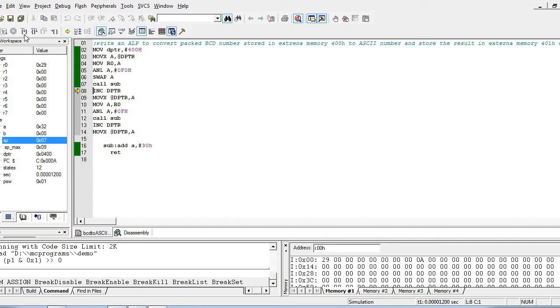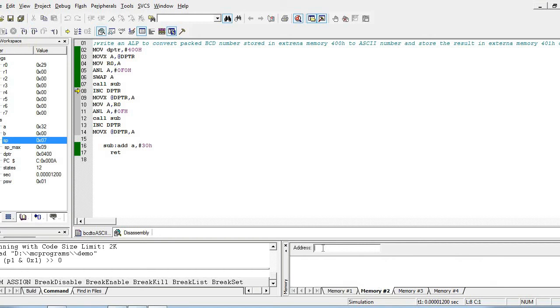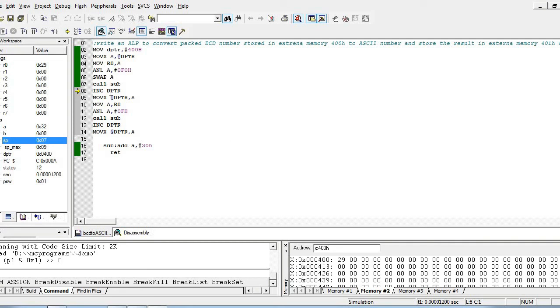Next, this value should be stored in 401H, and for that we are incrementing the DPTR. Now DPTR is 401, and here in 401H we have the ASCII value of 2, and in the same way next it converts 9.